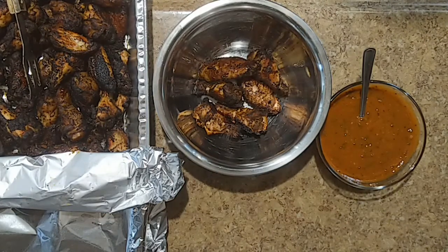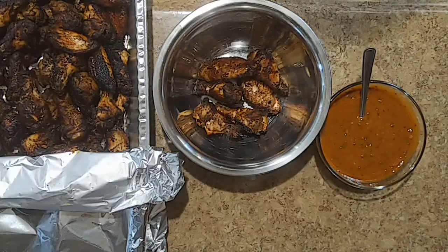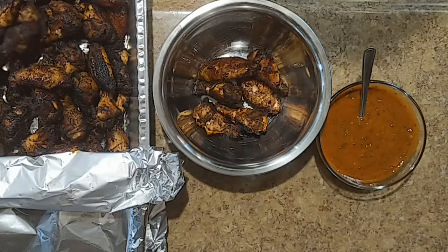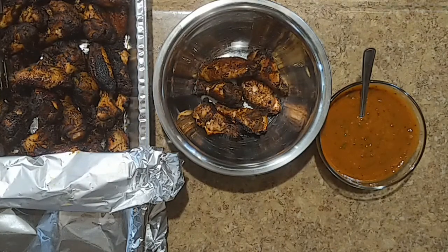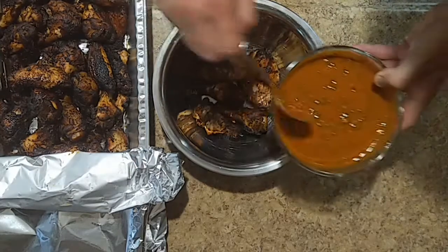And, you know, instead of finishing them up on the charcoal grill like this, you can smoke them and, you know, drop them in the fryer and fry them afterwards. I just like them like this a whole lot better. There's something about that little bit of char that's formed on that chicken that just is packed full of flavor. It's just delicious. I'm gonna get these tossed up